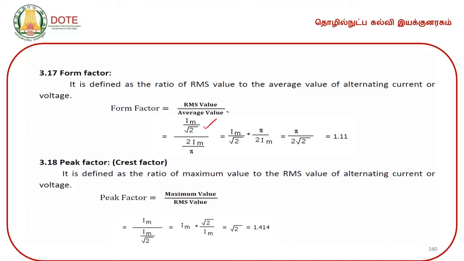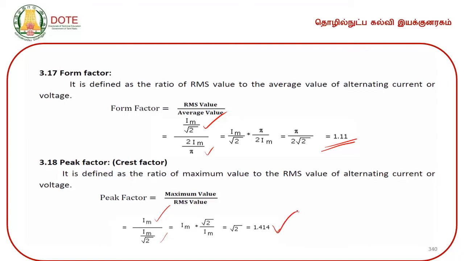Already we found that RMS value is equal to Im by root 2 and average value is equal to 2 Im by pi. Upon simplifying this we get the value as 1.11. Then peak factor is defined as the ratio of the maximum value to the RMS value of alternating current or voltage. The maximum value is Im divided by the RMS value Im by root 2, we get a value of